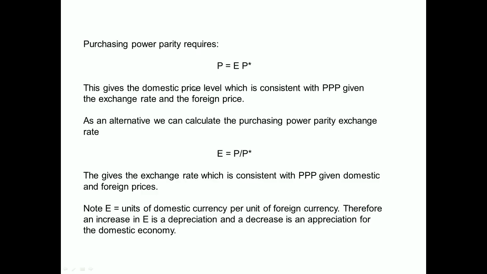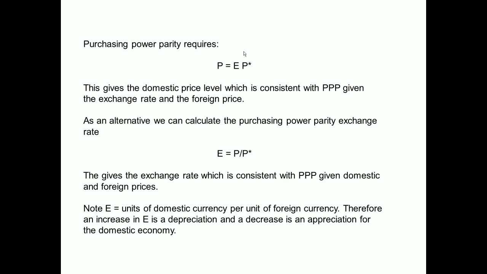In this video, we're going to discuss the calculation of the purchasing power parity exchange rate. But first, some preliminaries. Purchasing power parity requires that the price of the good in the domestic and the foreign economies be equalised. So we have P equals E times P star,